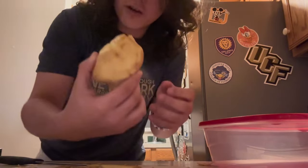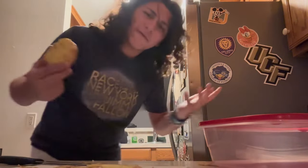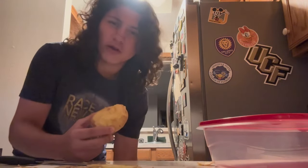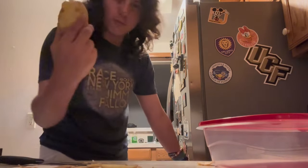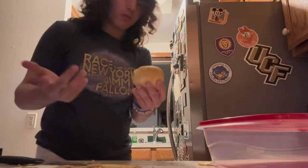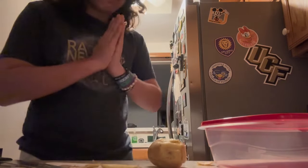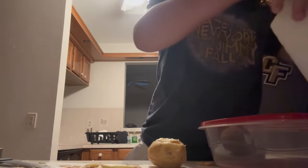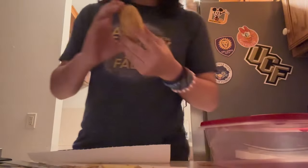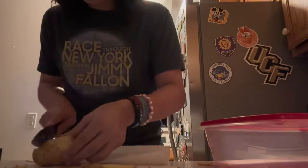This is my potato. It doesn't look good, but then to be fair, I'm a 15-year-old who got bored while watching Disney urban exploring videos. So can you blame me that it looks terrible? I should probably cut up this side a little bit more, and then we should be good. I think it's also worth noting, this is way more messier than I thought it was going to be. Who knew a potato had juices? Yeah, I don't know if that was like easy to tell or not, but